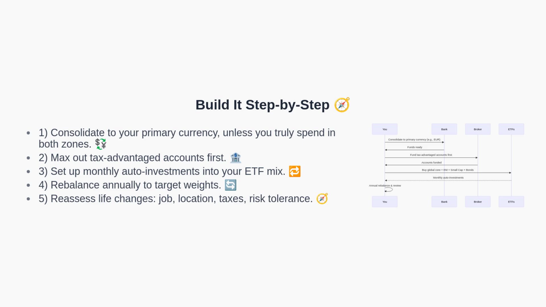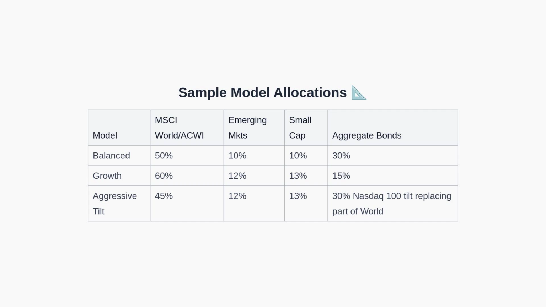The sequence diagram shows the flow from banking to brokerage to ETFs and the ongoing cycle of contributions and rebalancing. This table provides example model allocations. The balanced model uses 50% in global developed or all-country equities, 10% in emerging markets, 10% in small caps, and 30% in aggregate bonds. The growth model increases equity exposure by raising global, emerging markets, and small cap allocations, while